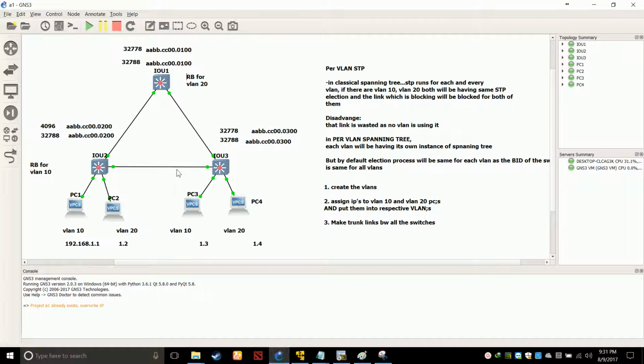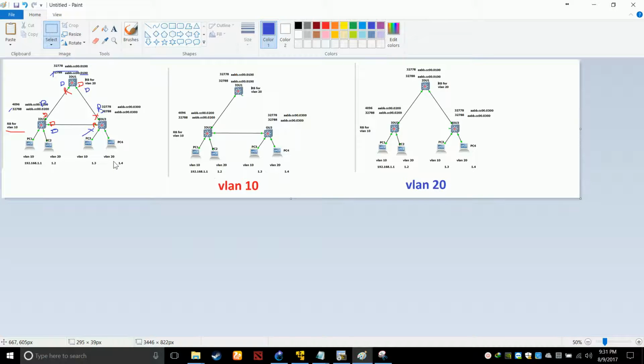And after running the per VLAN spanning tree, after doing the desired operation, what desired operation? Then making this guy root bridge for VLAN 20 and making this guy root bridge for VLAN 10. By changing their root bridge in a specific manner, your result is like this. All the VLAN 10 data will go like this now.